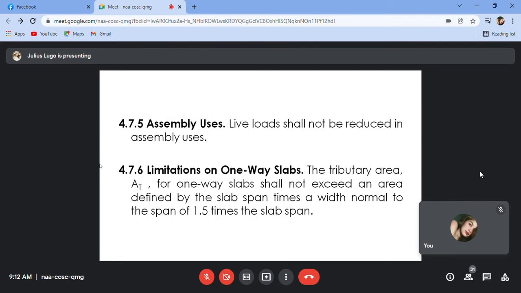Okay? So, 4.7.5, live loads shall not be reduced in assembly uses. Okay? So, lahat ng live loads na assembled in nature,